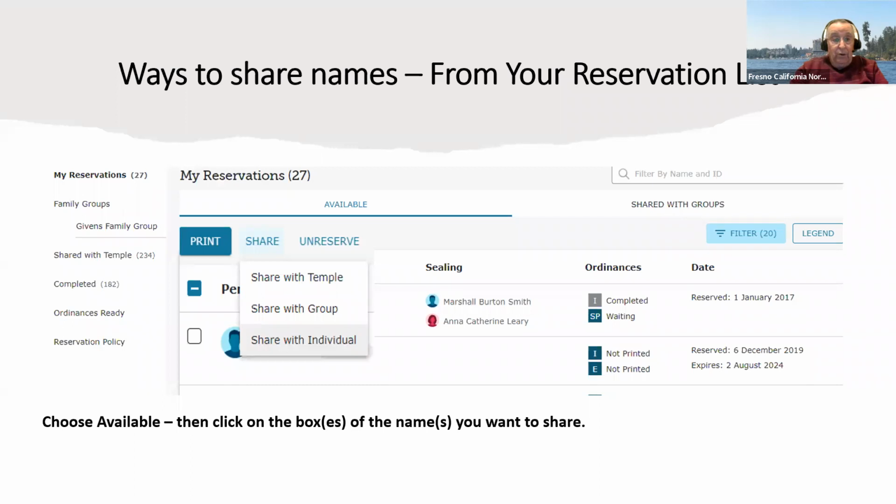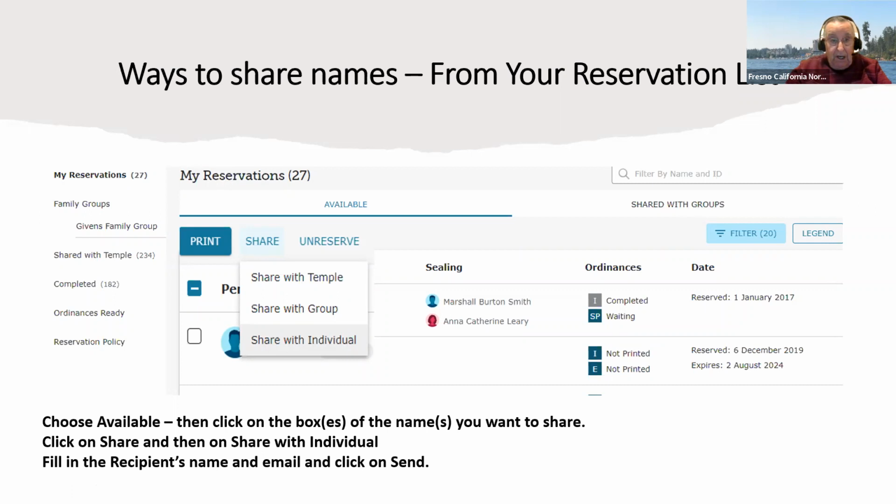Okay, so if you have names in your reservation list and you want to share them with somebody, the way we've been doing it all along, and I'm sorry I didn't set this page up better, you're going to want to go to your reservations, click on a name that you want to share, and then click the share button, and then share with an individual.